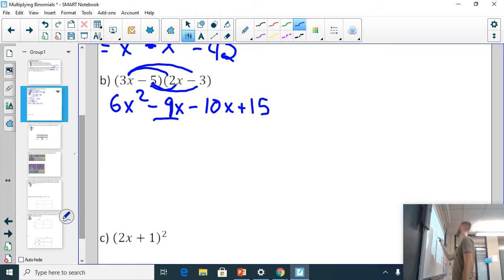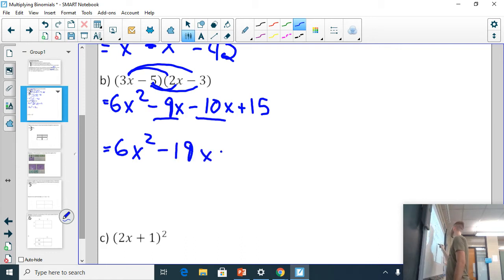And then minus 9x minus 10x, we can combine like terms. That will be minus 19x plus 15. And again, take note, look at this negative 19. Does that have anything to do with,